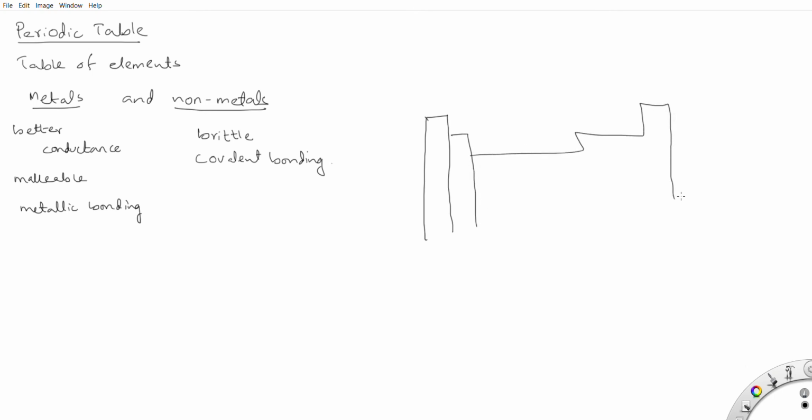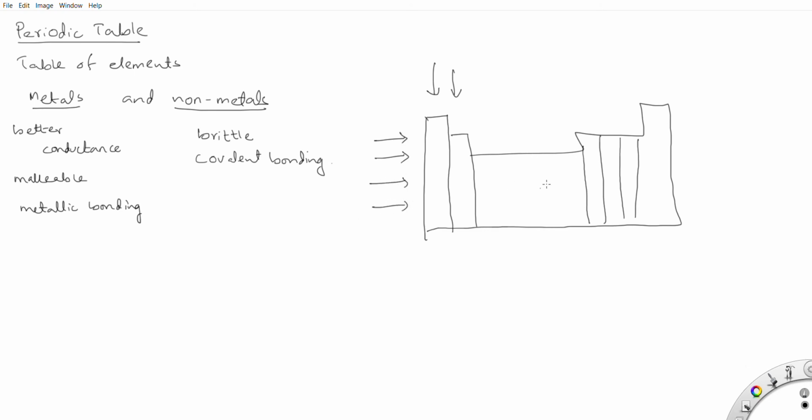Let's say this basically represents the structure of the periodic table. So in understanding the structure of the periodic table, what needs to be kept in mind always is we can divide this periodic table into two categories. One, groups that run from top to down, and the other one, rows or periods that run from left to right. So when we are discussing groups, we mean to say a family of elements that has similar properties,